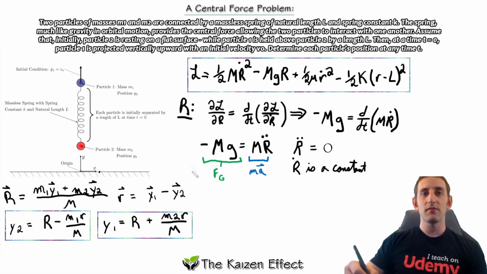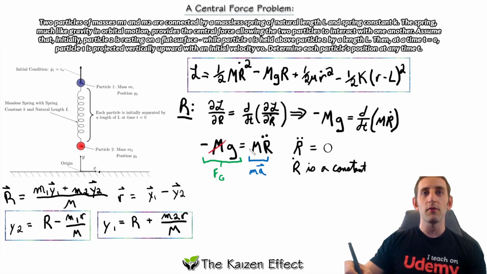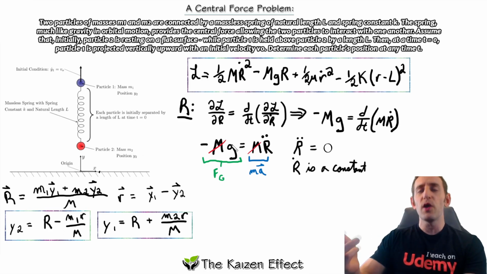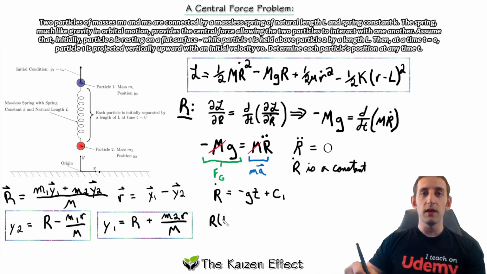So what I'm going to do is simplify this. We're going to cancel off these big M's, cancel that one with that one. And now it just becomes a very easy differential equation. We need to integrate this 2 times. So first, we integrate it once. If I get my black ink out right here, we get r dot is equal to negative gt plus a constant c1. Then we have to integrate it again, and we end up with the equation